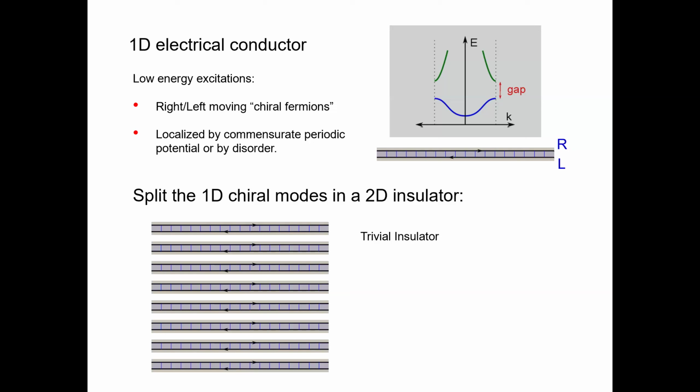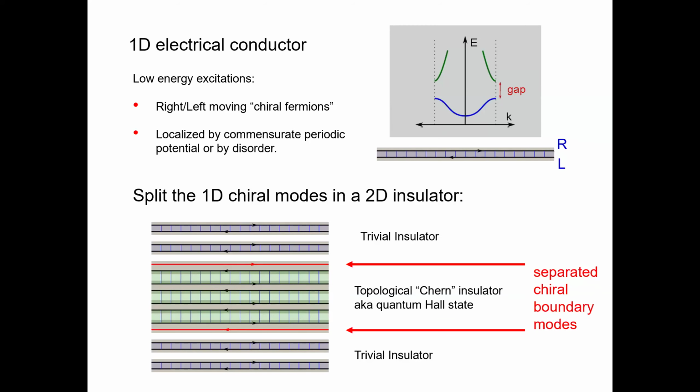But what I could imagine is having them bounce back and forth on neighboring wires. So if I have the right mover on one wire, then it scatters to the left mover on the next wire, and that bounces back and forth, it'll still be localized. It'll still be going back and forth, but it'll be different than what we had before. In fact, it almost looks a little bit more like cyclotron motion, because the electron in real space is going around in a loop.